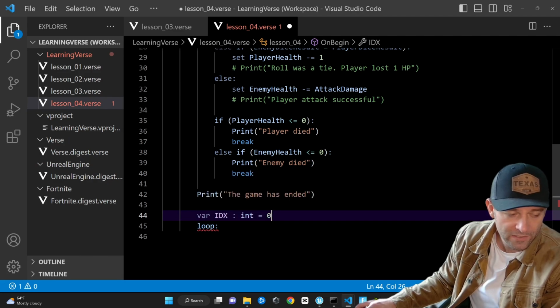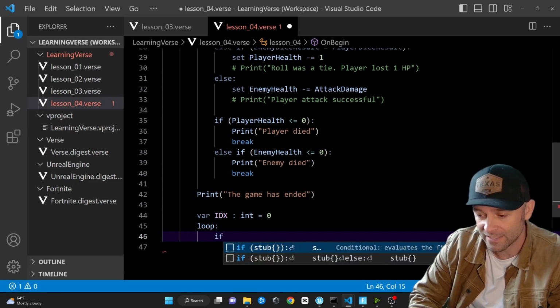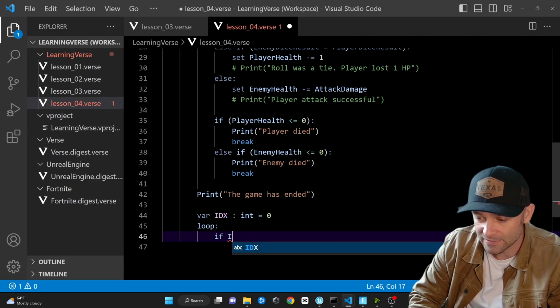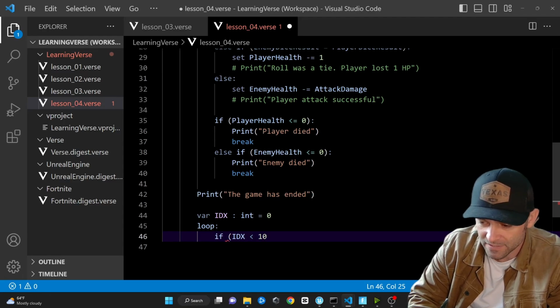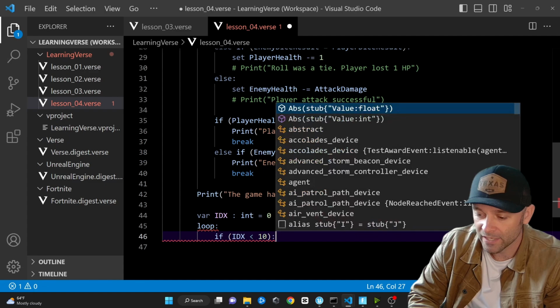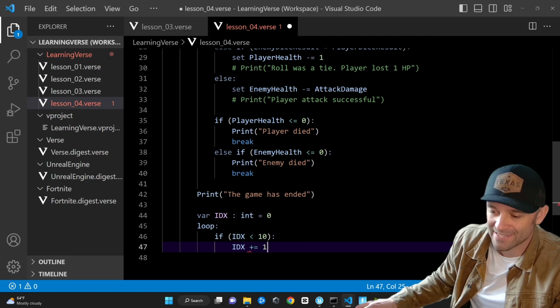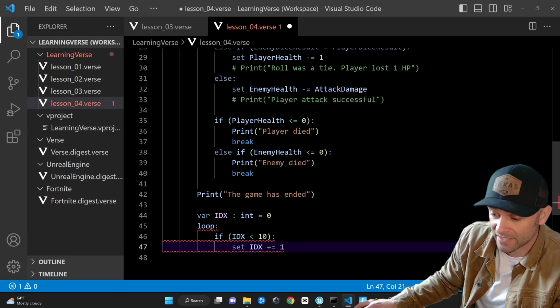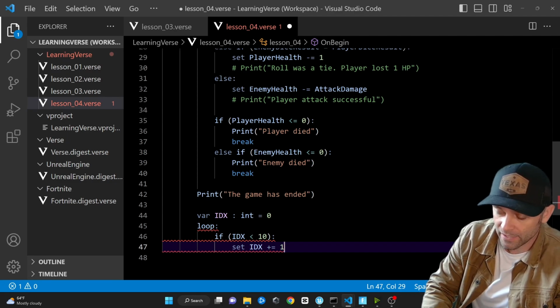And what we can do is in our loop here, we can say, you know, if we want this to run, you know, 10 times, we say if idx, okay, if idx is less than, we'll say what, less than 10? Yeah, less than 10, whatever. Less than 10, what do we want to do? We want to say idx plus equals 1. And we got to set that, like so. I always forget the set keyword, okay? idx plus equals 1. And otherwise,